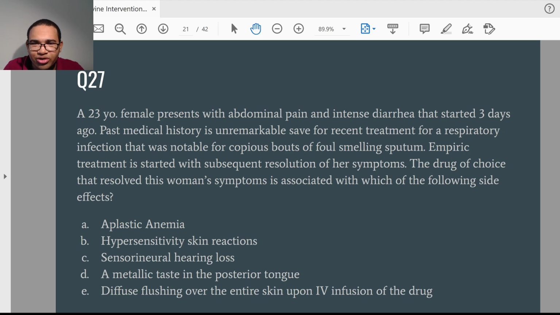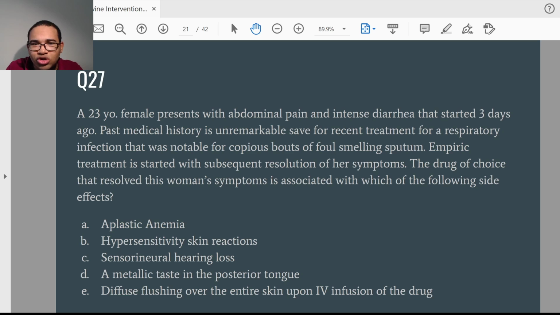And then sensorineural hearing loss, right? That's going to be like vancomycin, right? So vancomycin can cause ototoxicity, right? Maybe I should have written a better question here, actually. So vancomycin can cause ototoxicity, although when I wrote this answer choice, I was thinking more in terms of your aminoglycosides, right? Remember, your aminoglycosides are ototoxic, especially gentamicin. And then remember some loop diuretics as well, like ethacrynic acid, very ototoxic. And then don't forget your anti-cancer agent, cisplatin. Cisplatin is a platinum analog. It's a platinum agent. It's an alkylating agent. Okay, it can cause